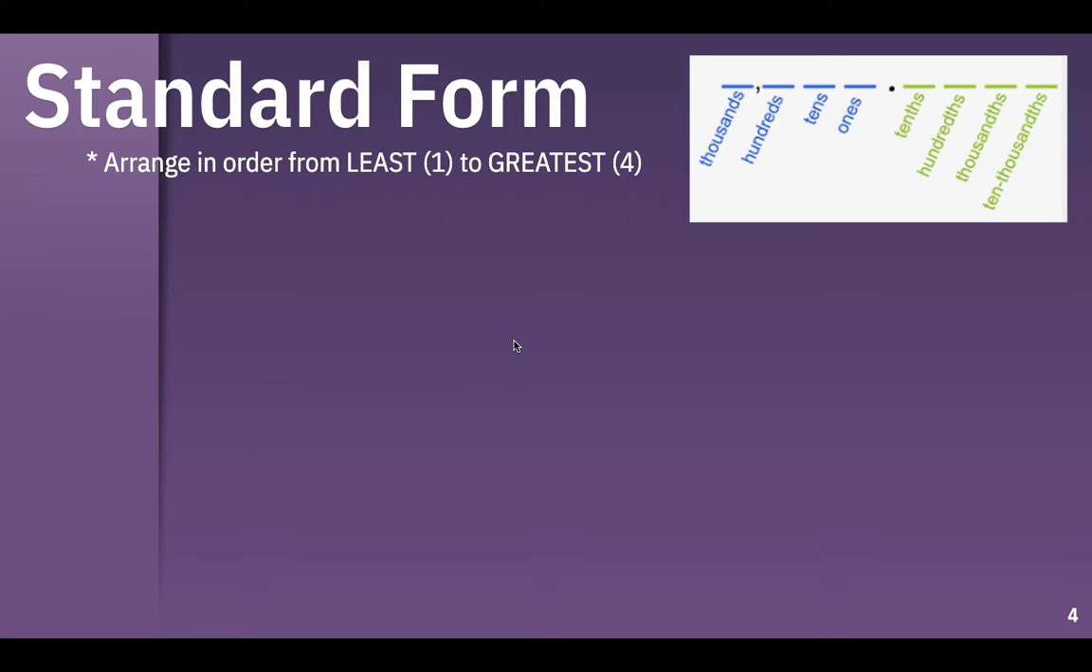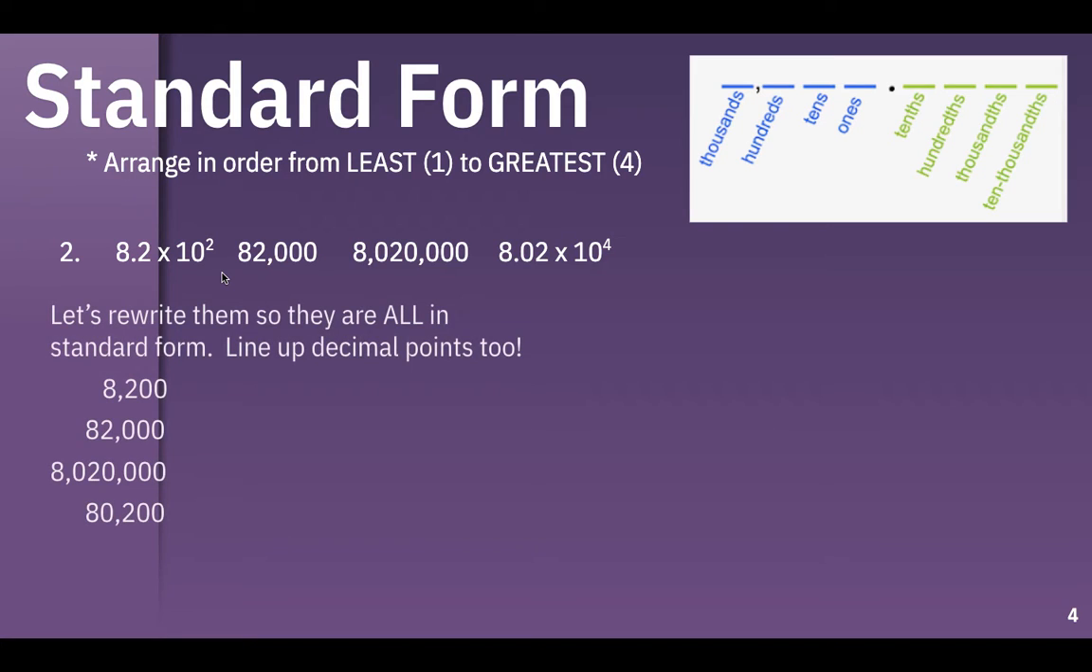Next, we need to arrange in order from least to greatest. This time, you notice we're going to have a mix of numbers. We have some that are in scientific notation, some in standard form. So what we need to do is convert them all to be the same. Let's rewrite them so they're all in standard form. If we have 8.2 times 10 to the second, that means we're going to move our decimal 2 places to the right. So 1, 2. It should be 820. Then 82,000, 8,020,000,